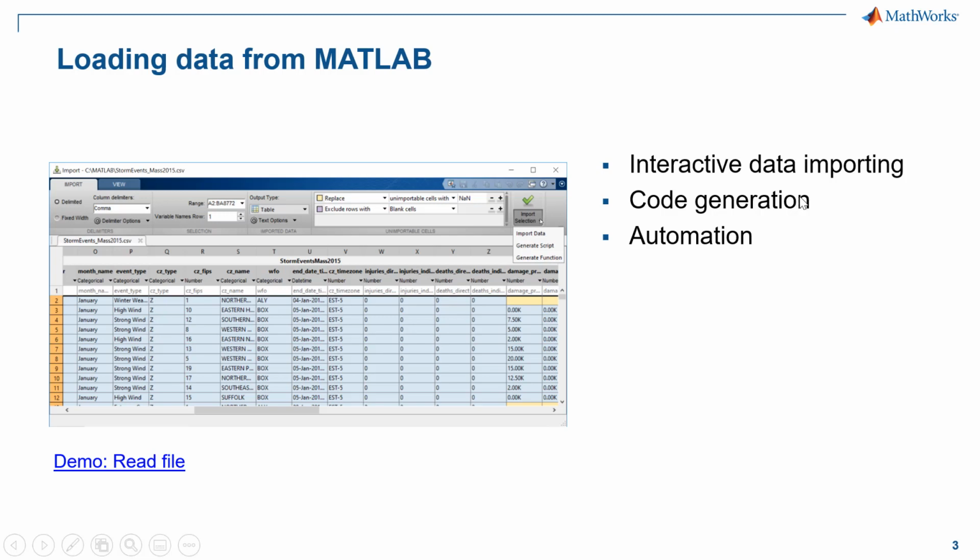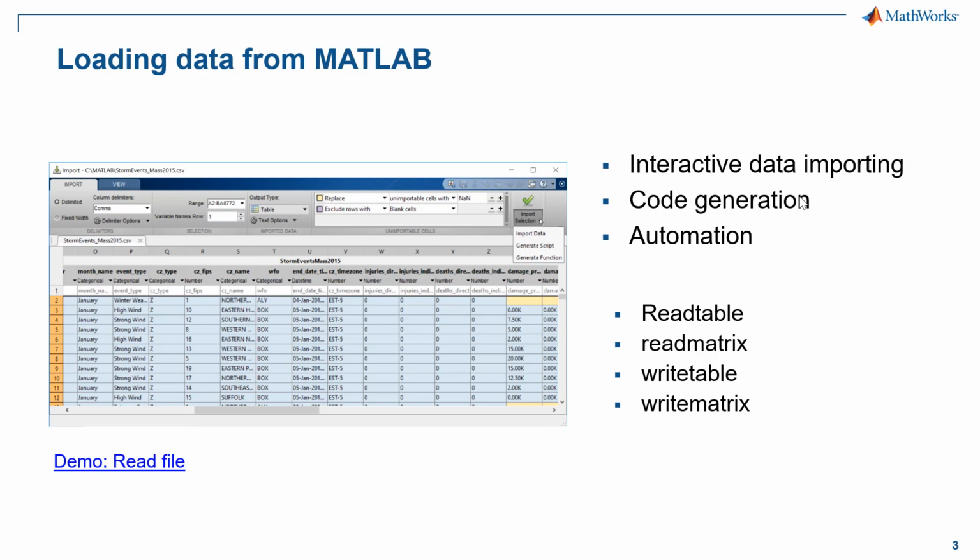If you don't want to use these interfaces and you want to do it yourself, you can do it programmatically and use these functions. Read table could be very appropriate in many cases. It will allow you to, well, in all the cases really, you could use that. It will allow you to read data which is not homogeneous, in the sense that you can have numeric data, you can have text data, etc. If you have only numeric data, you can go ahead and use read matrix. Both instructions will have different options, but they get used in a very similar way.